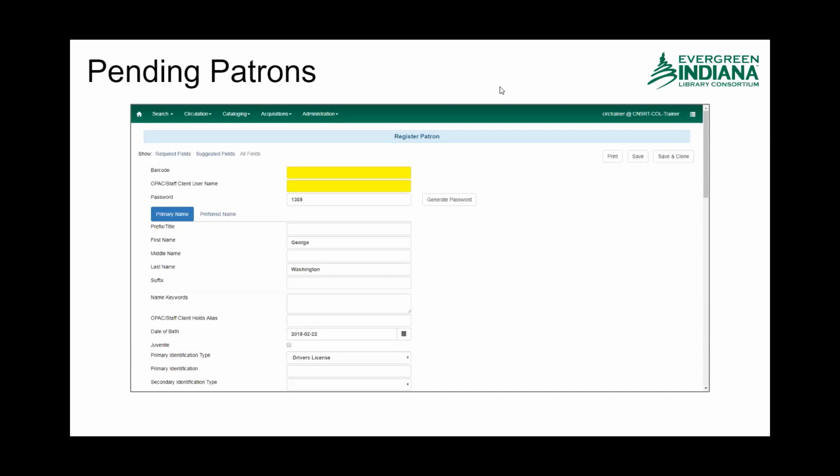And so there doesn't need to be a way for us to contact them prior to their account being created, because they may never come in, and the onus of action is upon them to show up with their stuff. And so if you find that somebody has not shown up, you can also delete them from the pending patrons. There isn't an obligation to